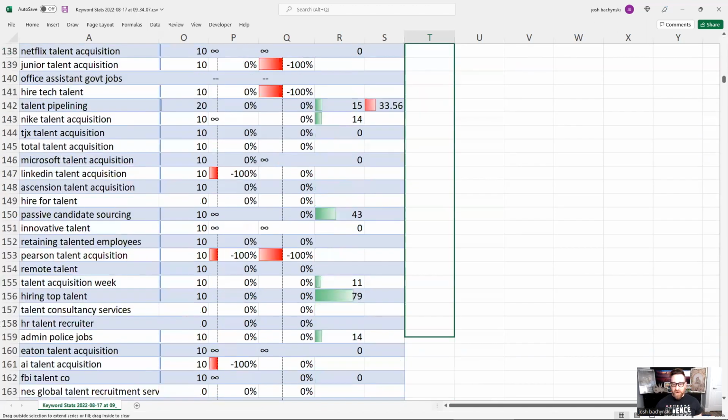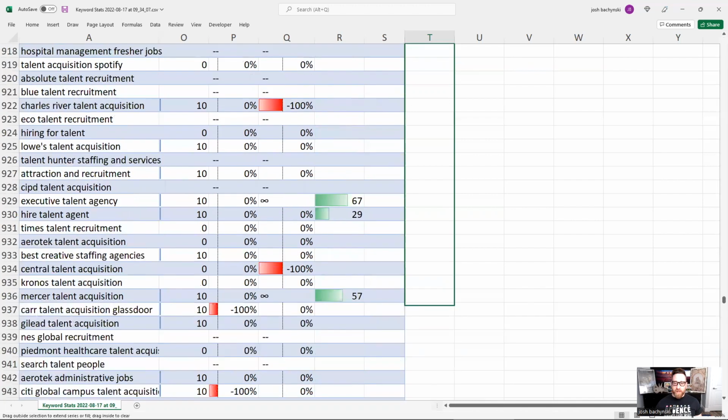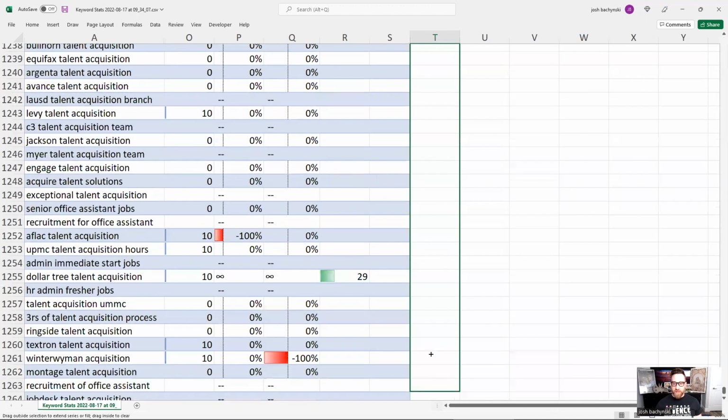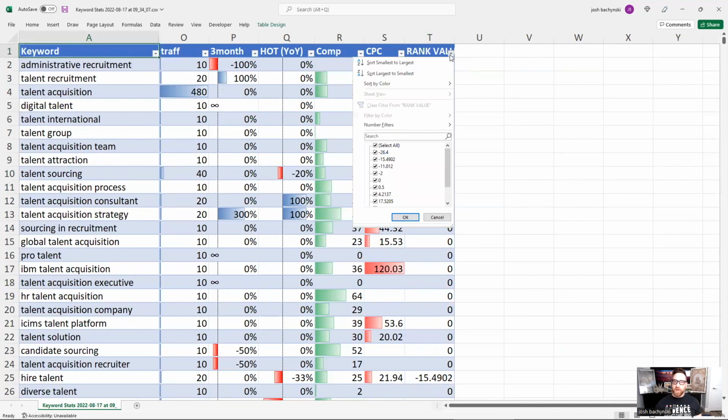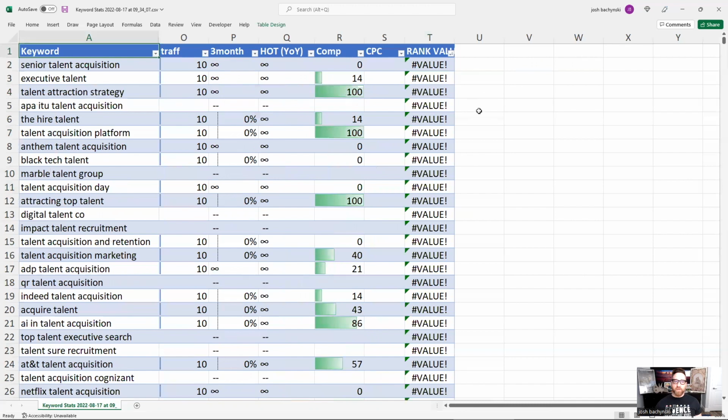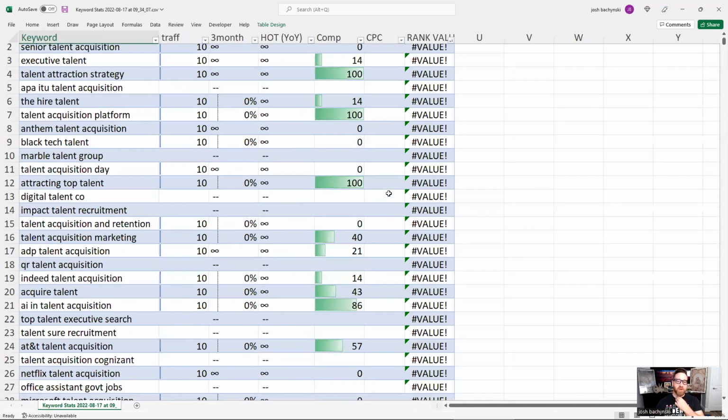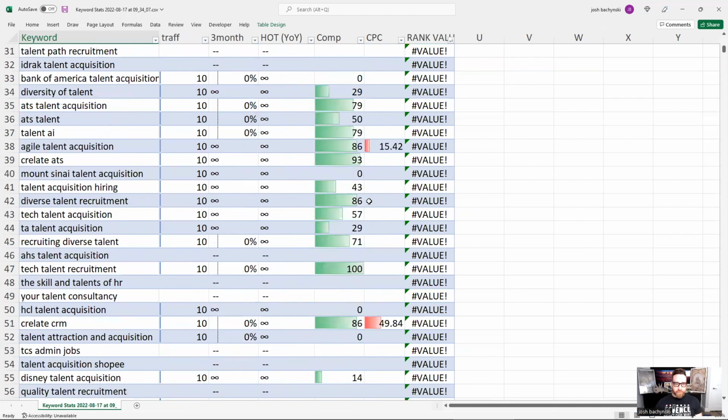And the ones that are higher in that score are going to be the ones that we want to rank for more because they have more people trying to compete for it. They're paying more money in AdWords for it, and it's hotter for this year. So we're going to do largest here. Now, this is the infinity symbol. I'm not really sure what that means, but we can say, okay, fine, ignore that.